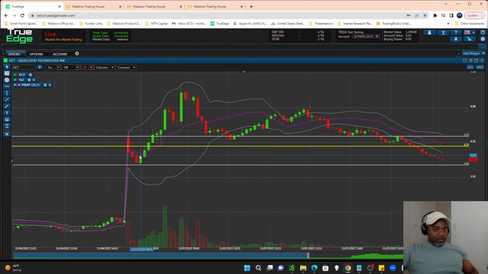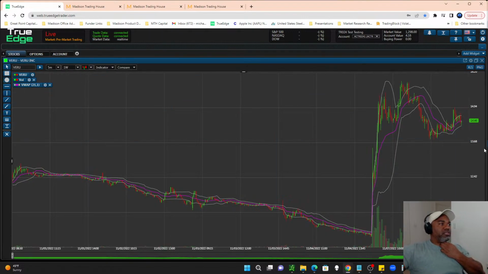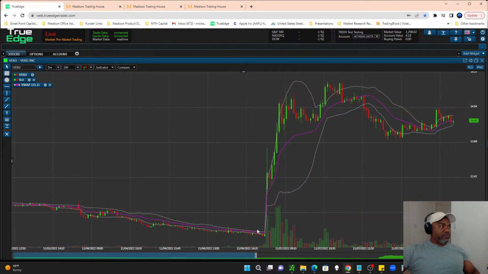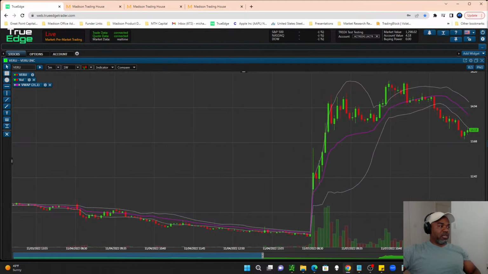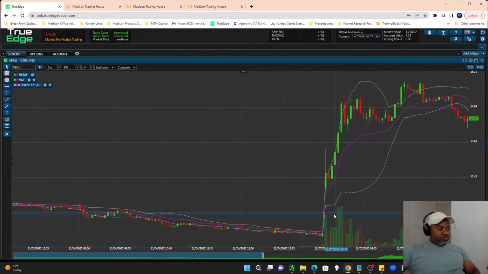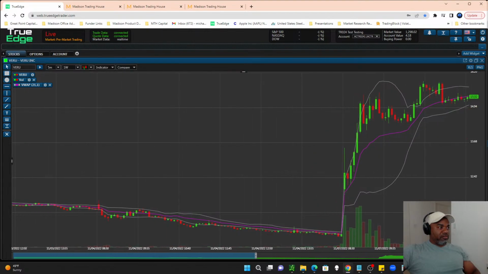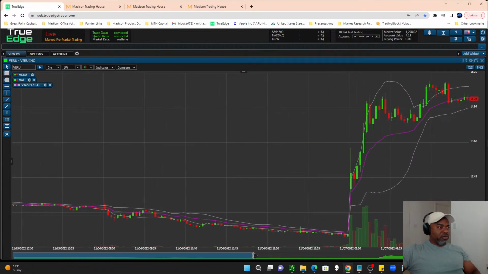This is harder. Now, the easier one was this guy. Now, this one, you would have had to have been listening right after the bell, because I mentioned it. Right after the bell, I spotted this guy moving at the same time we were watching GCT. Now, this one is much easier because the first part of the move, if you took your initial entry and said, okay, I'm going to spread my order out. I'm going to have a low entry and a high entry,